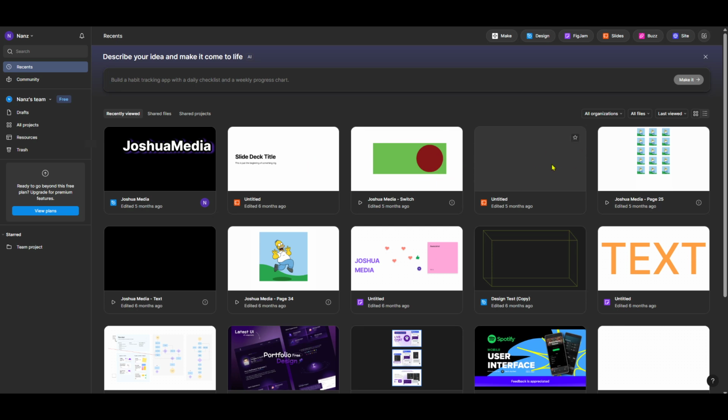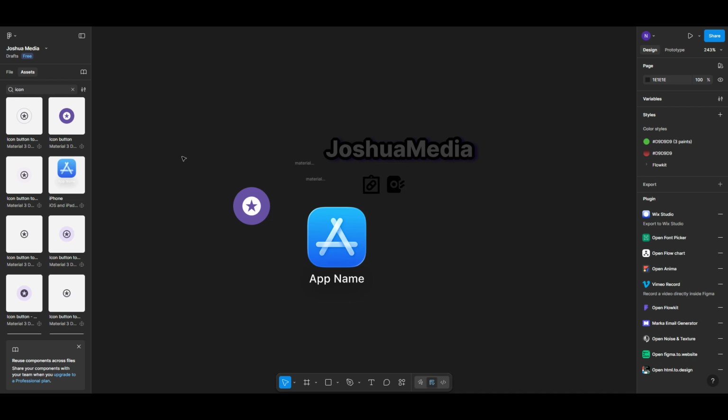Now, locate the file you want to open. Clicking on a specific file is straightforward enough. This will bring you directly to the design workspace, where you can start implementing layouts, making changes, or experimenting with new visual ideas. This is your blank canvas where your creativity can truly take flight.